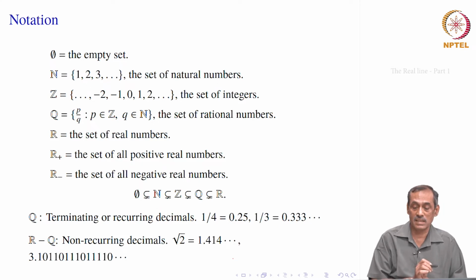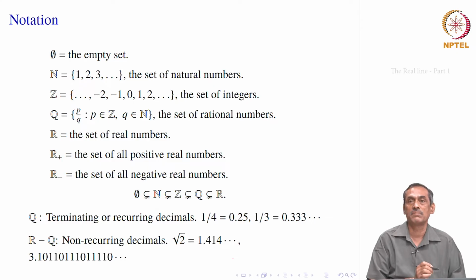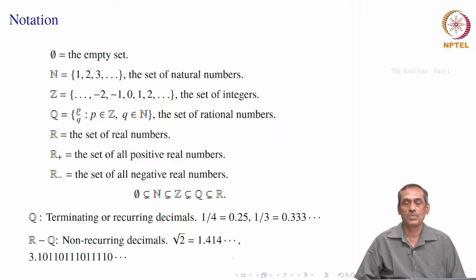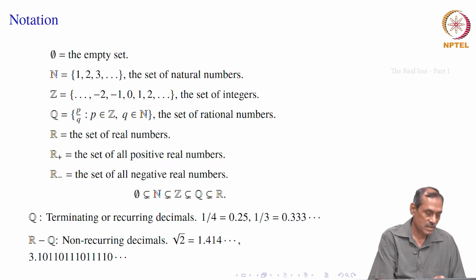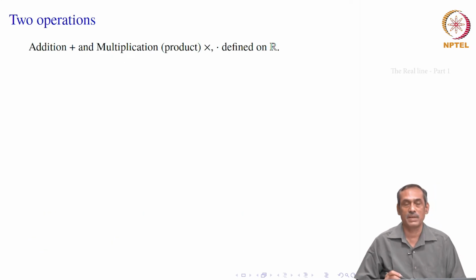But these are exactly the decimal representation of real numbers. There is another alternative way of defining the real numbers. So, what do we do? In fact, what do we do with the real numbers? That question gives rise to some operations on the real numbers. So, we will define R in a different way, which will of course come to this.